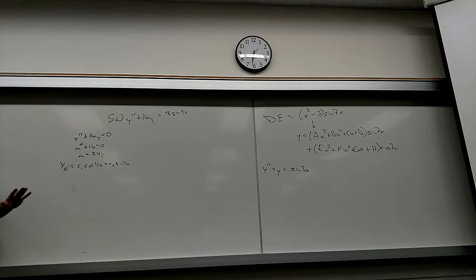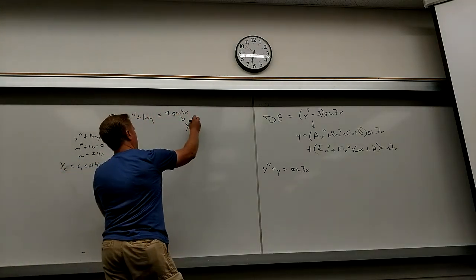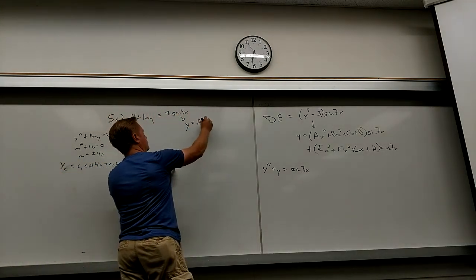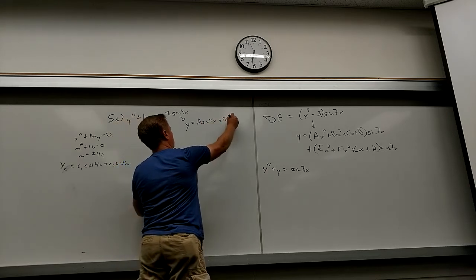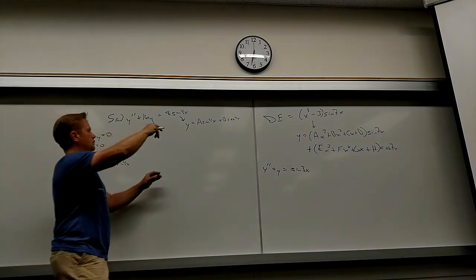Now what throws us off a little bit here? Your yc is going to be in your yp. Yeah, so I want to assume that this is y equals a sine 4x plus b cosine 4x. But, ax. Yes, I have to use